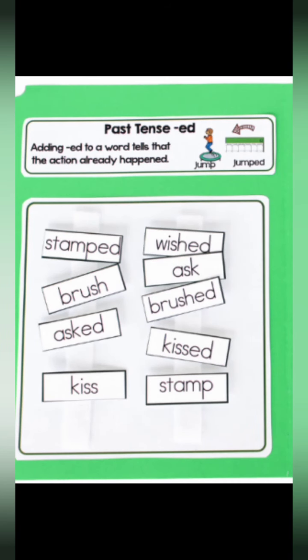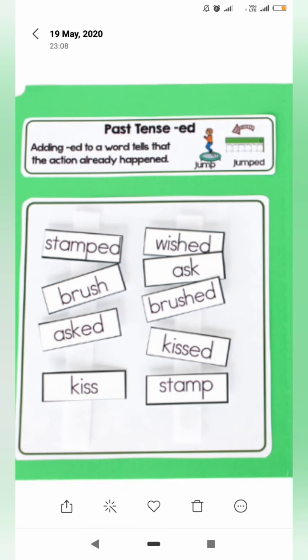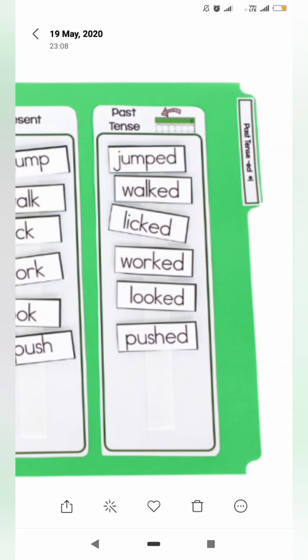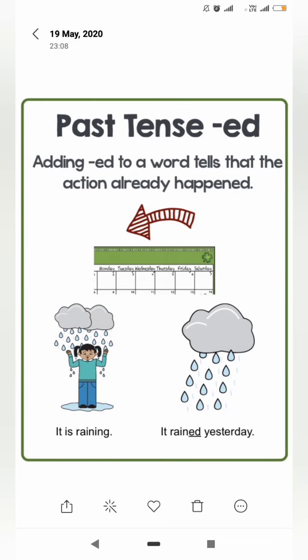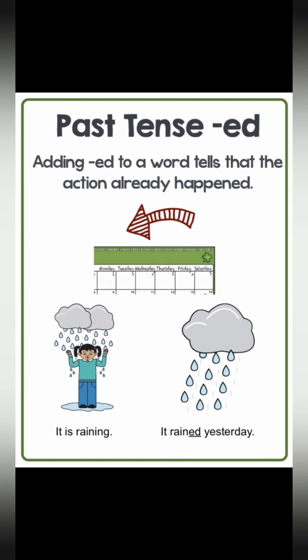Past tense. The past tense refers to the event that happened in the past. The basic way to form the past tense is to take the present tense of the word and add the suffix ed. Walk, walked. Jump, jumped. Cry, cried. As you know, it varies in some other words like run, ran, sing, sang. In the past tense, we have to write subject plus V2, that is past tense, plus object. I jumped. She sang. It rained. Anu ran. Okay?